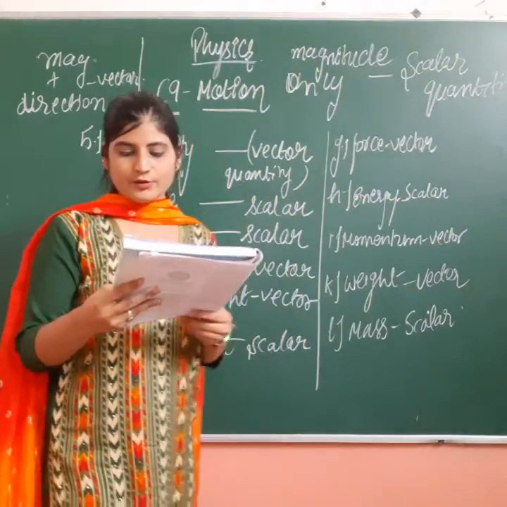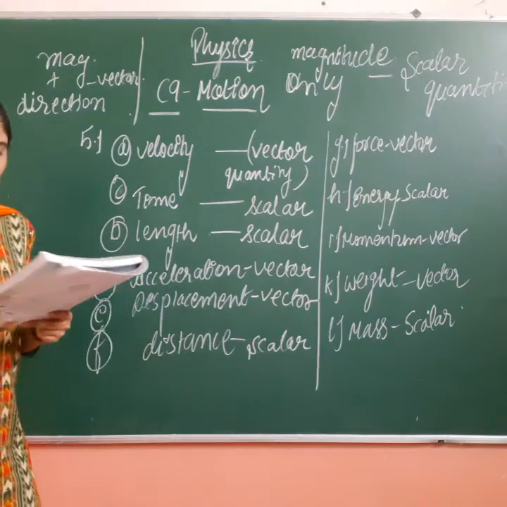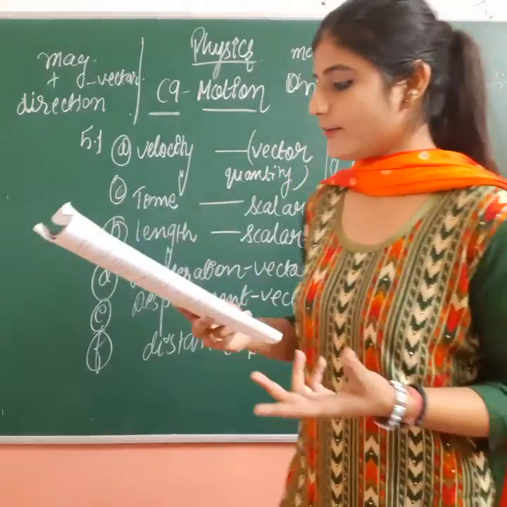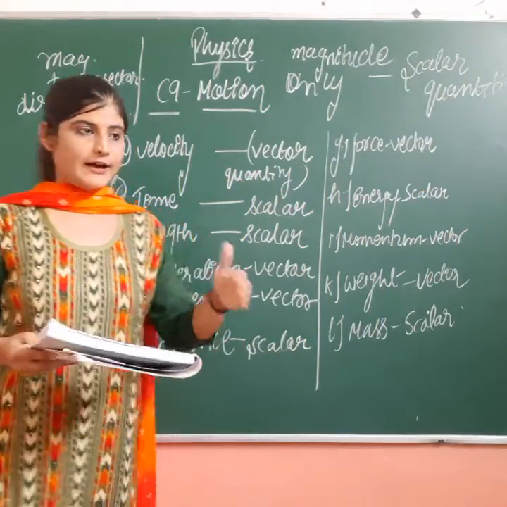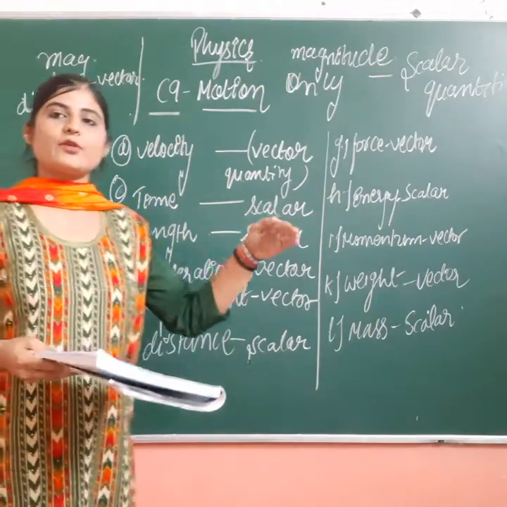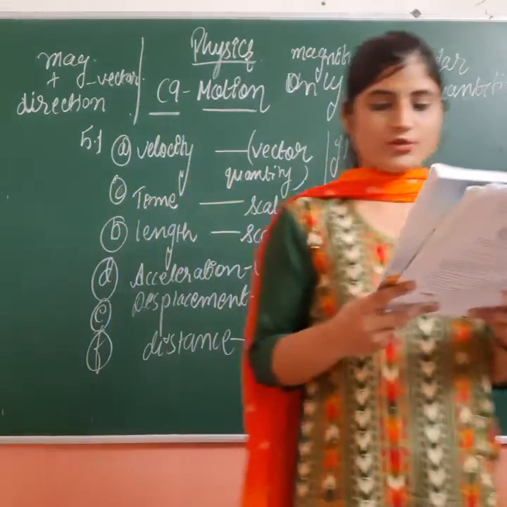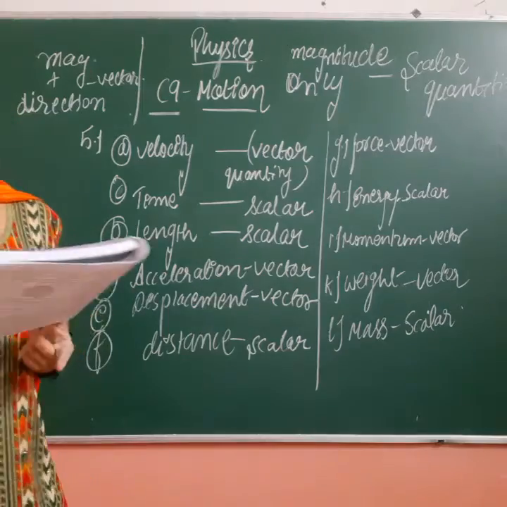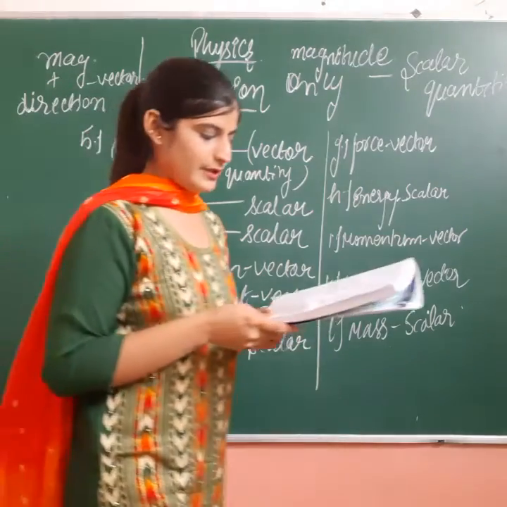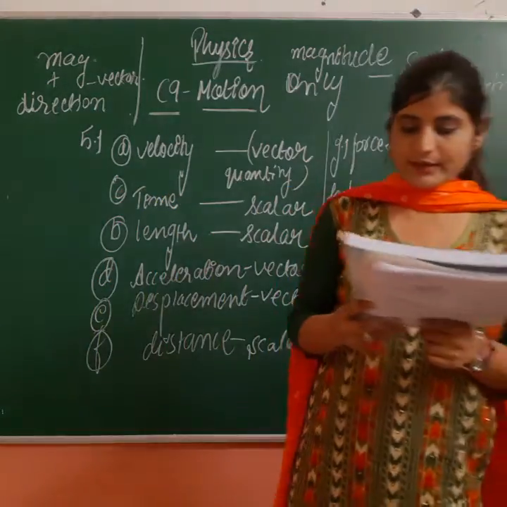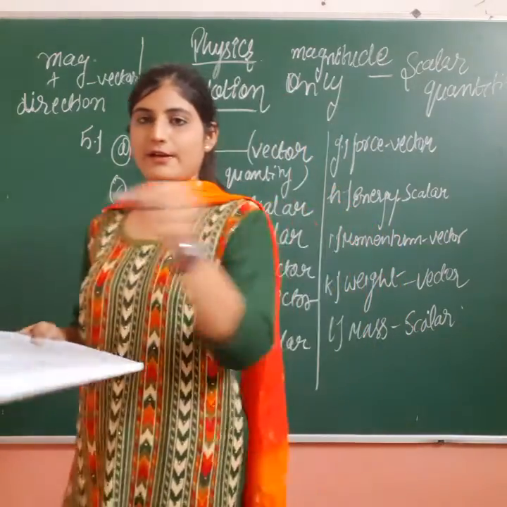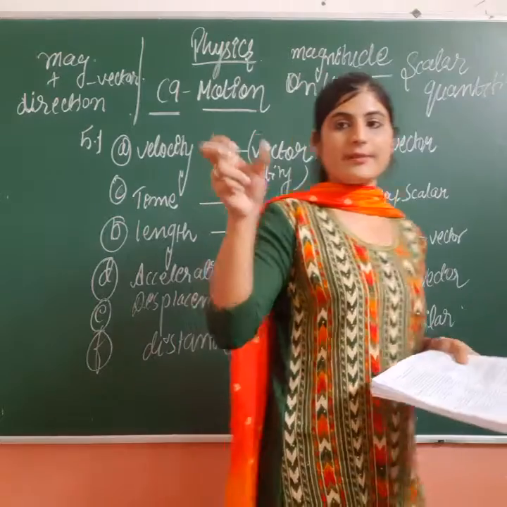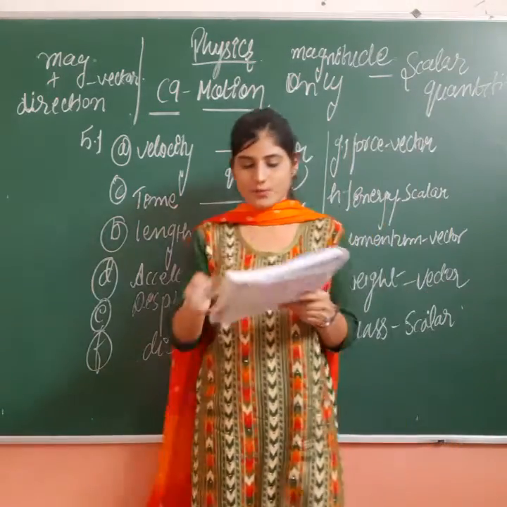Seventh one, you have to write down one example of the motions. As we studied in class 8, rectilinear motion means movement of a car. Movement in a straight line is known as rectilinear motion. Curvilinear means a curved path, like the movement or throwing of a shot put. Okay. Next is oscillatory motion, like the movement of a pendulum, which oscillates or moves about its mean position.